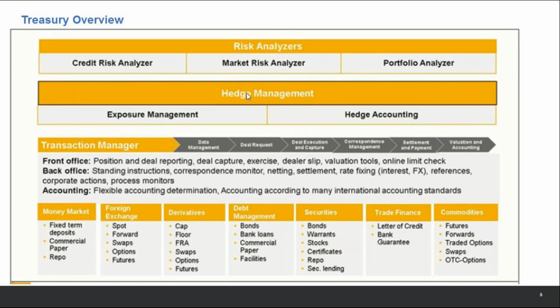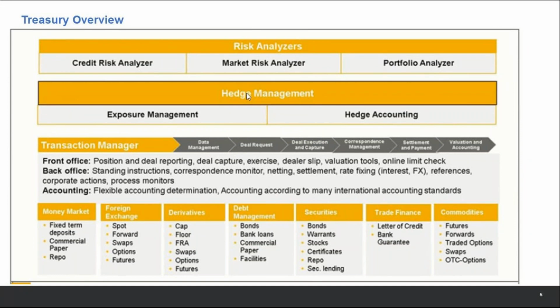So now coming more to the SAP point of view, this was in general. Basically a treasury department is divided into three offices: front office, back office, and accounting, or some people might call it front office, middle office, and back office. So the work is split into these three departments. It's irrespective of whether a company is on SAP or not, this front office, middle office, accounting will still remain. Now coming more to the SAP part, how SAP structures it.